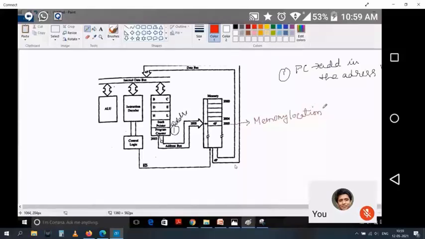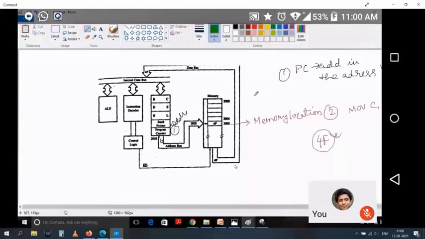So it has identified now. My memory location has been identified. The program counter has told which is the memory. So that memory address has been put on the address bus and it has come to that memory location. Now in this memory location, it sees there is data. What is there is data which is 4F. Okay. So we saw what 4F was. 4F was move A to C. Okay. Move from A to C. So it is saying, okay, there is my instruction 4F placed here. It is stored in the hexadecimal format. So now it has read this 4F.